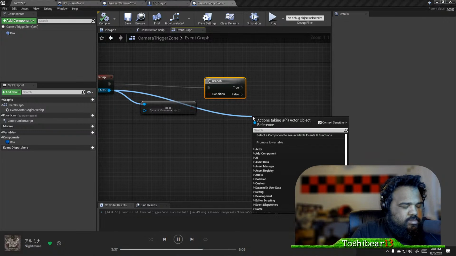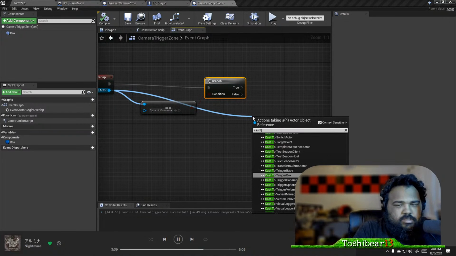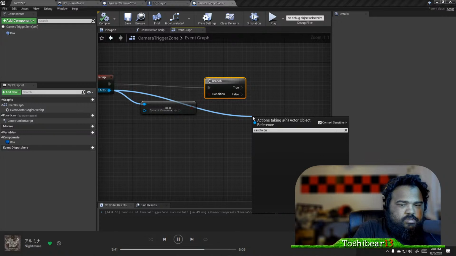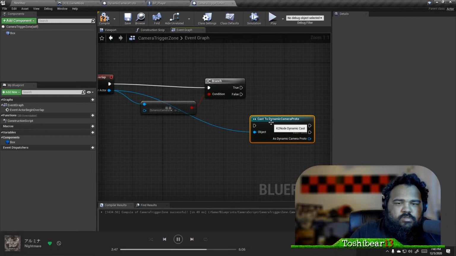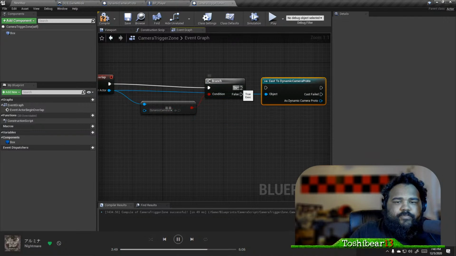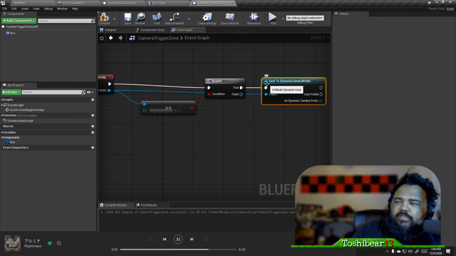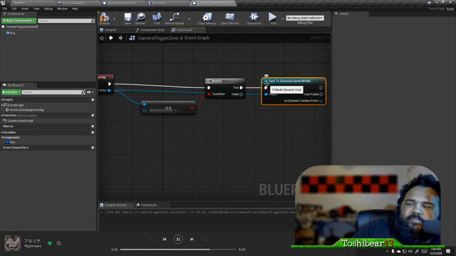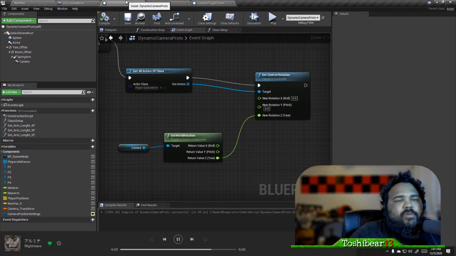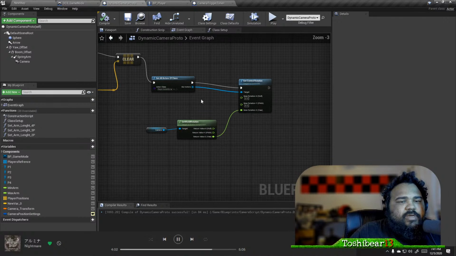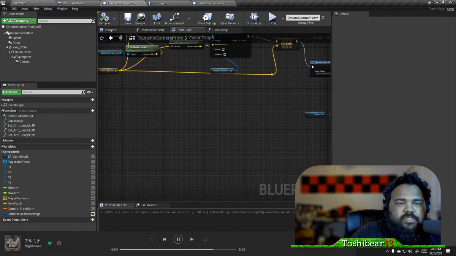So cast to. What this means is when it detects that camera, it'll say, okay, cool. It'll cast to them, and then in that camera, we'll create the actual script, which I'll make a function to